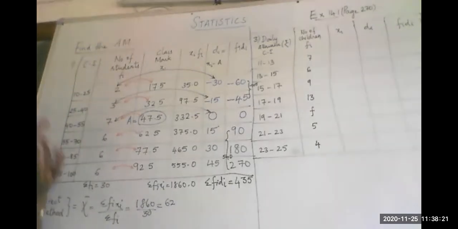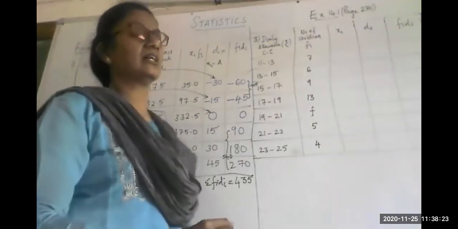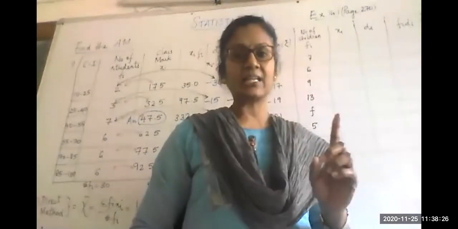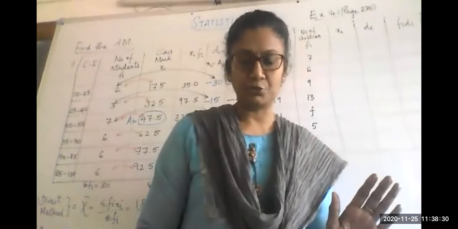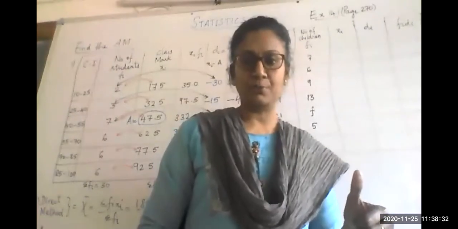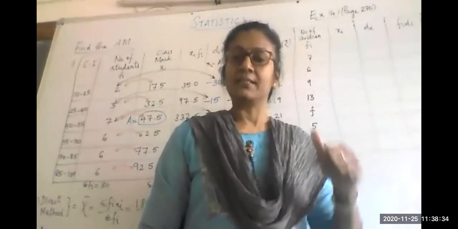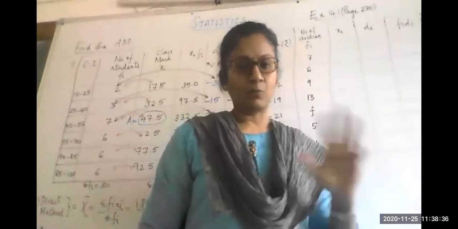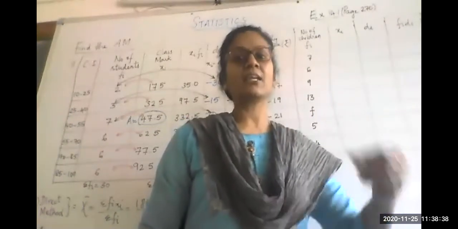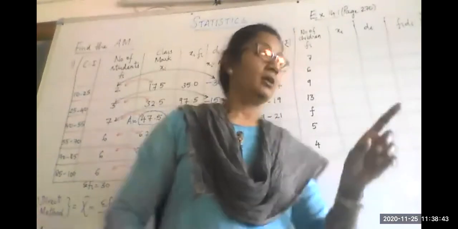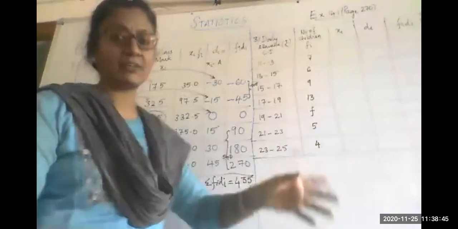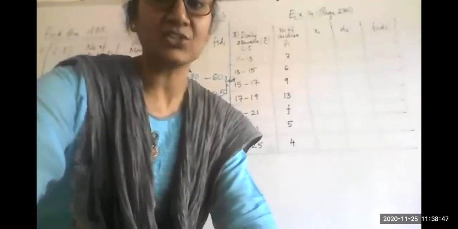Now we will go to the second variety of problems in the arithmetic mean. See, directly you may be asked to find the arithmetic mean of a given distribution. This is one variety of problem in the arithmetic mean. There is another major variety. One of these may come. You may be given the mean of the distribution itself and you will be asked to find one of the missing frequencies. Can you see the second distribution that I have on the board?